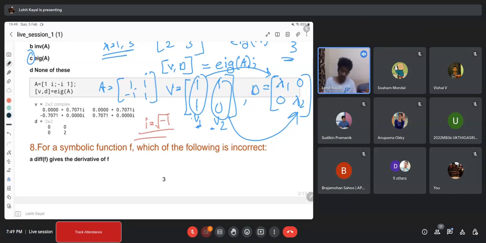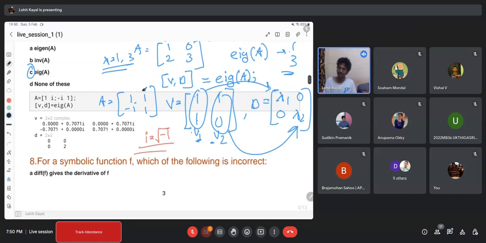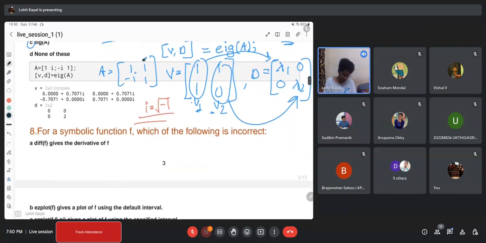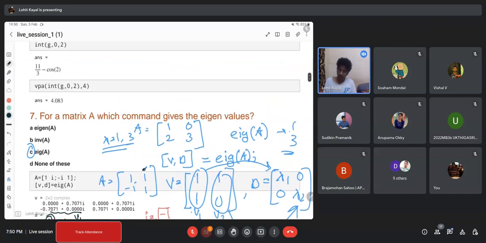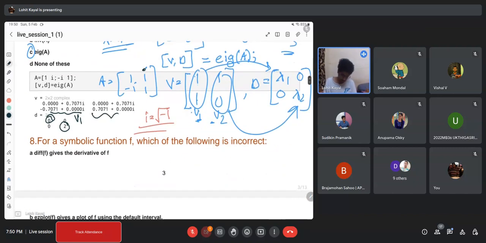Just type small i and MATLAB will understand that this is the complex i. For this matrix, one eigenvalue is 0 and another is 2. They appear on the diagonal, and here is the first eigenvector v1,